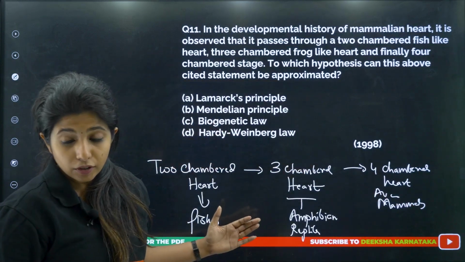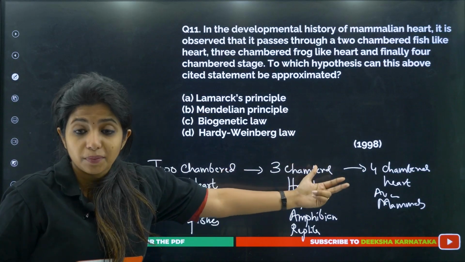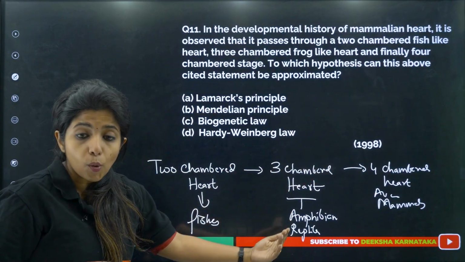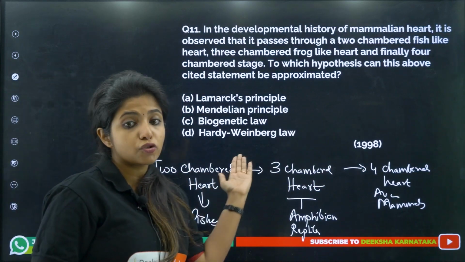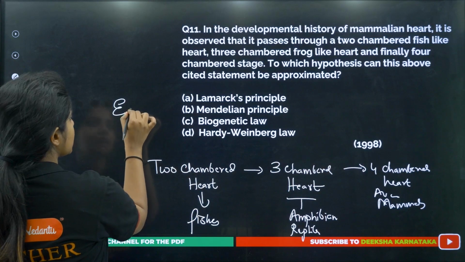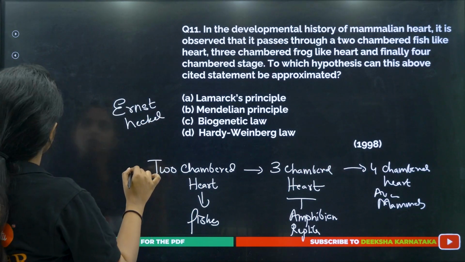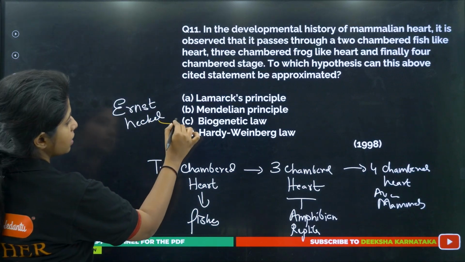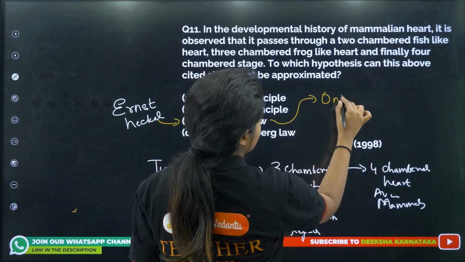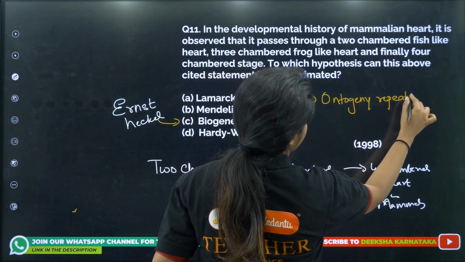So basically I am trying to say that we had this type of heart, this type of heart and this type of heart. That means probably we might have evolved from these organisms, which is why we are showing their character as well. Now this was said by Ernst Haeckel, my dear children. According to him, he put down a law known as the Biogenetic law, and it says ontogeny repeats